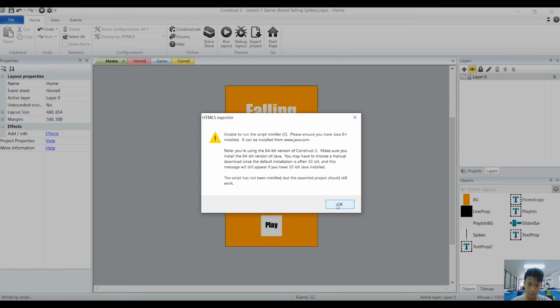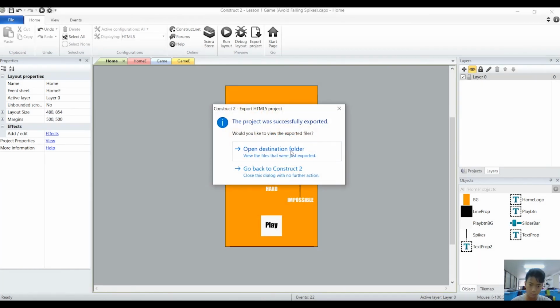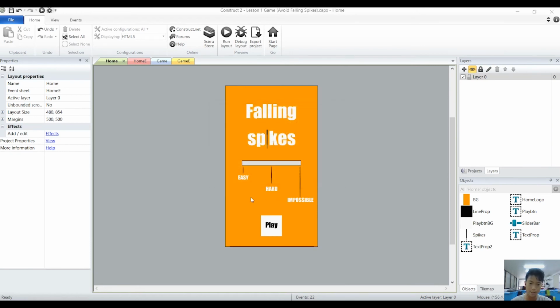Unable to run the script minifier. Please ensure that you have Java 8 installed. Okay, I'm going to install Java 8 first. Okay. The project was successfully exported. There we go. So open destination folder,